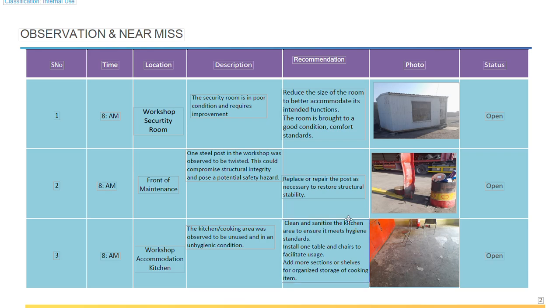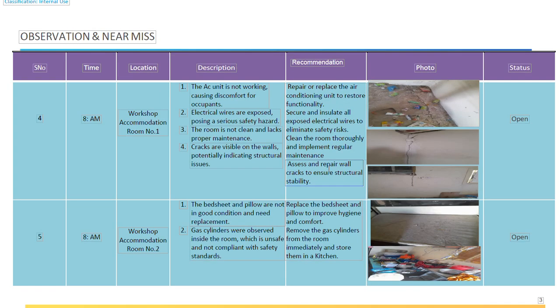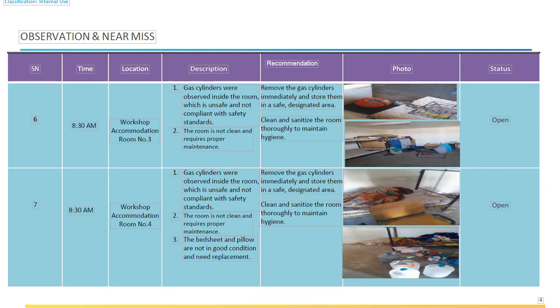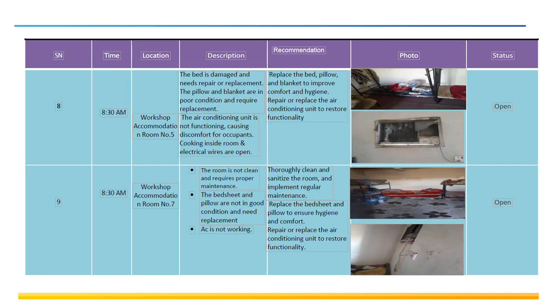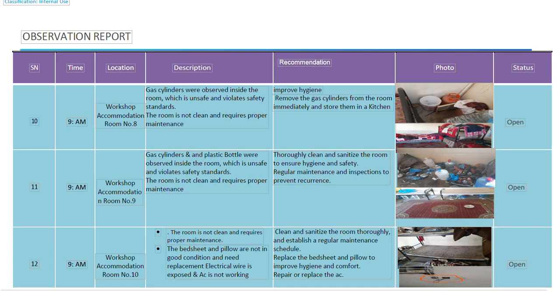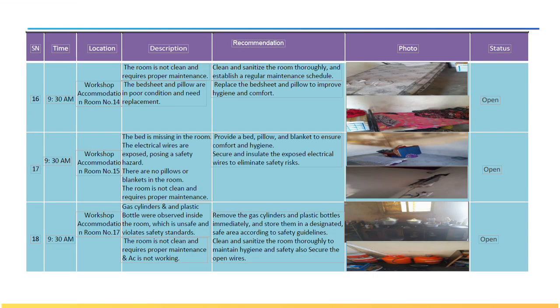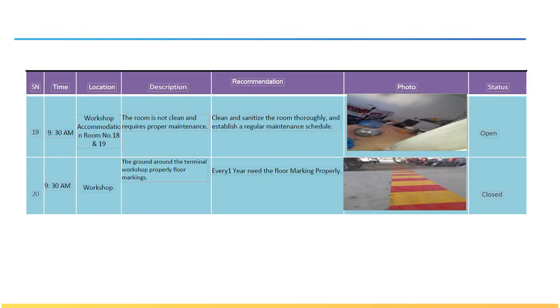So again, you can write the front side of the maintenance. This is the workshop observation report: the rooms, housekeeping, and the workshop accommodation, and workshop accommodation again. Everything was mentioned. The cooking material which was found inside the accommodation, everything was mentioned